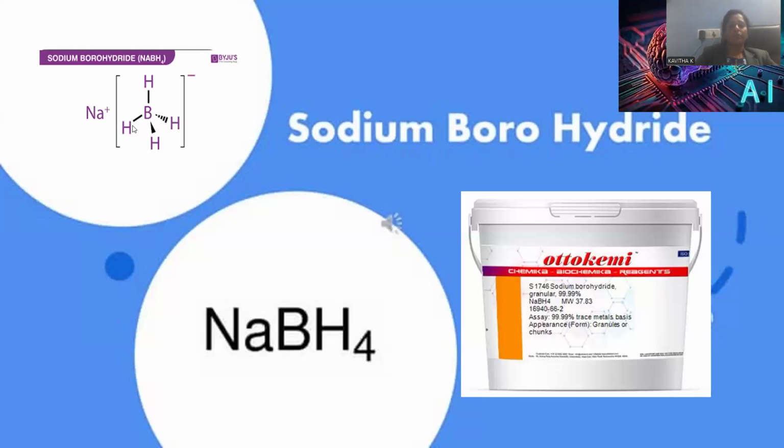Okay, here sodium borohydride is mentioned. Boron is accompanied by 4 hydrogens like this, and all these hydrogens are said to be hydrides. Here you have a sodium positive ion, and the entire tetrahedral geometry of boron hydride is mentioned in the square bracket, given with a negative charge overall. The negative charge of this boron hydride is counterbalanced with the sodium monopositive ion. This is the way sodium borohydride is given, and NaBH4 is the fundamental formula for sodium borohydride, and it is available like this.